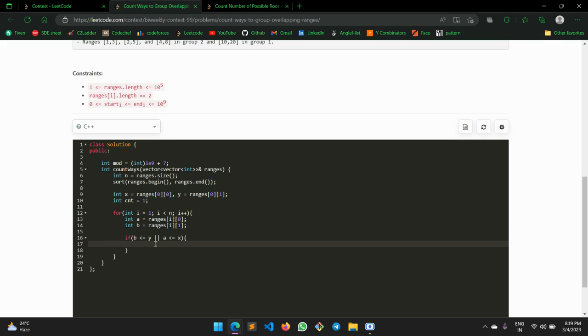In any case, we have a component, so basically we'll do nothing else, will increase our count. और range क्या होगी फिर, x equals to... so else के केस में भी हमें और भी कुछ चीज़ें करनी हैं। Minimum of a comma b हो जाएगा हमारा, maximum of y comma x।